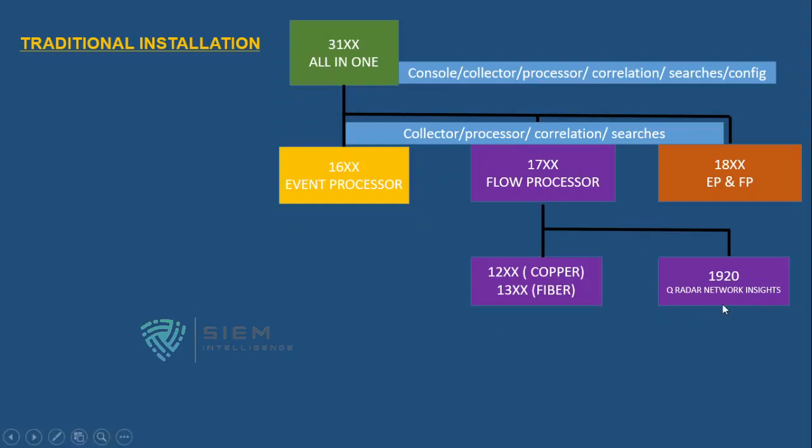Okay, so if you want to see in a flow processor, in a QFlow, you can get information up to layer 5. QFlow and JFlow, and QNI is another product with which you will get the entire layer 7. This is up to layer 7, this is up to layer 5, and this is up to layer 3. That means it may give something like source IP, destination IP, and all.